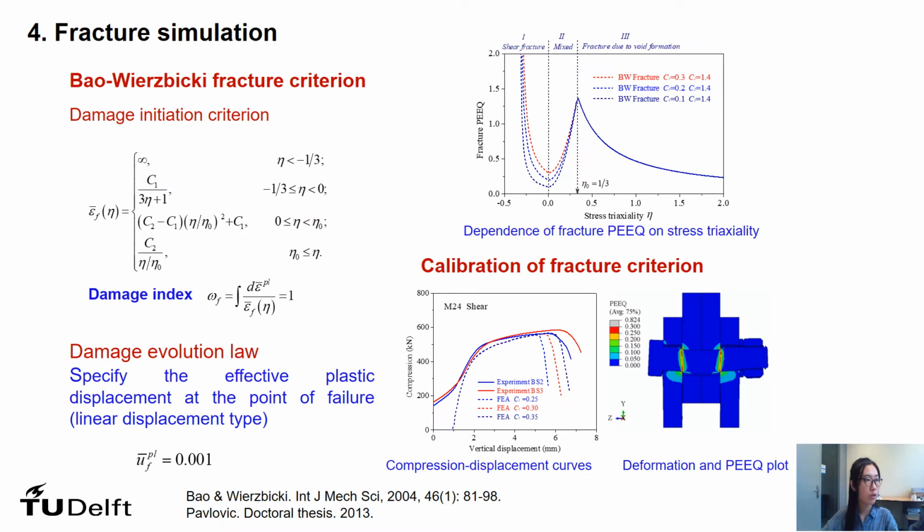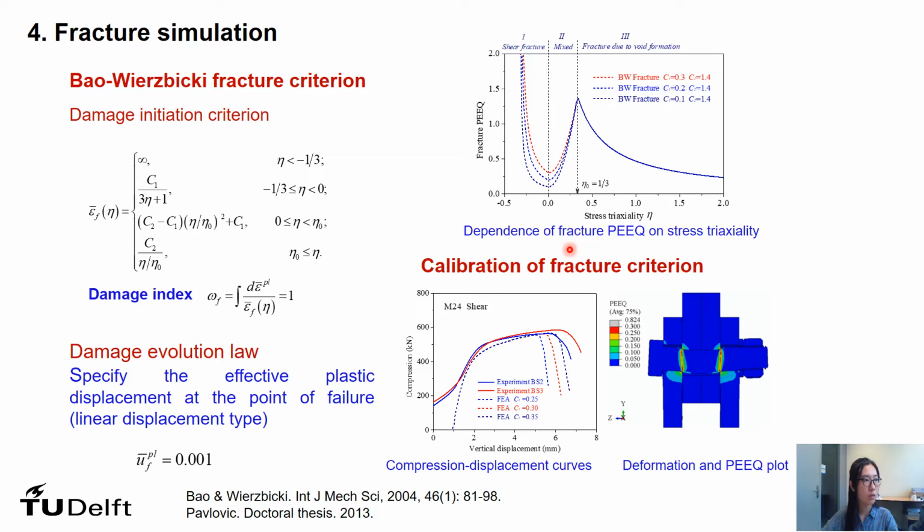As for the fracture simulation, the BW fracture criterion is expressed as a function of the fracture equivalent plastic strain and the stress triaxiality. It is concluded that for negative stress triaxiality, fracture is governed by shear mode, and for larger stress triaxiality, void growth is the dominant failure mode. While at stress triaxiality between these two regions, fracture may develop as a combination of shear and void growth